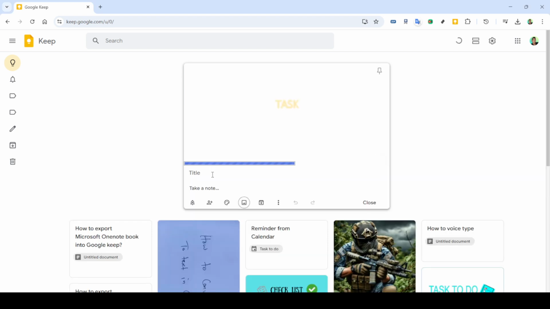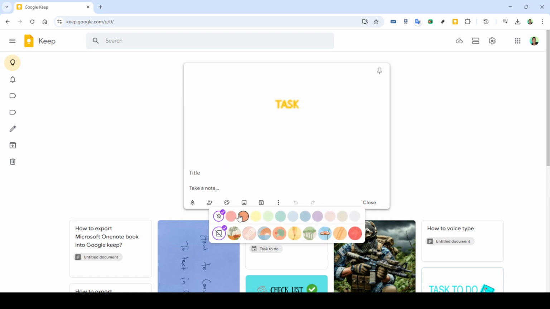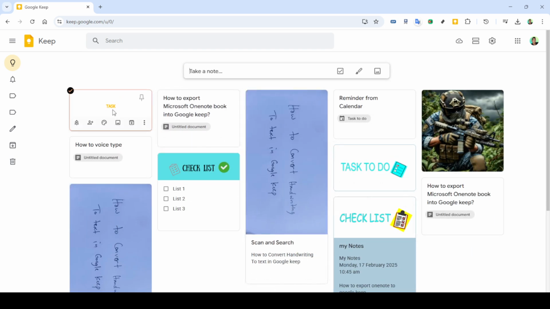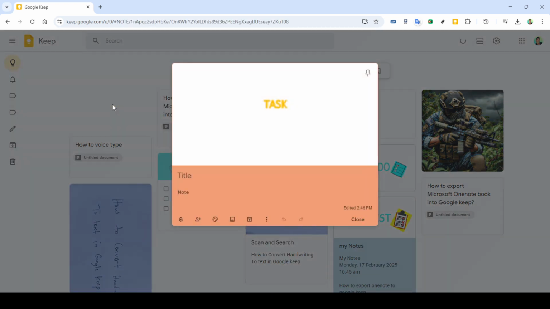For a bit more customization, you can click on Background Options to change the note's background color. This helps in making your note visually appealing. Finally, pin your note at the top for easy access by selecting the pin icon. Once done, remember to click Close to save your changes. And there you have it, your very own custom Google Keep header. Just a few simple steps and you'll have